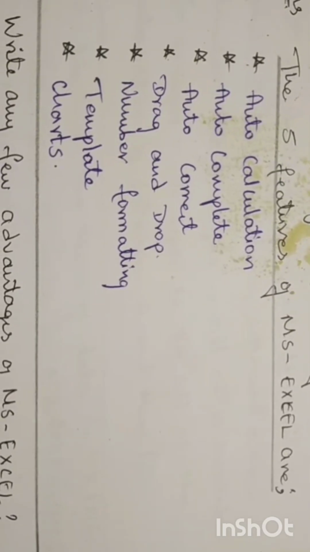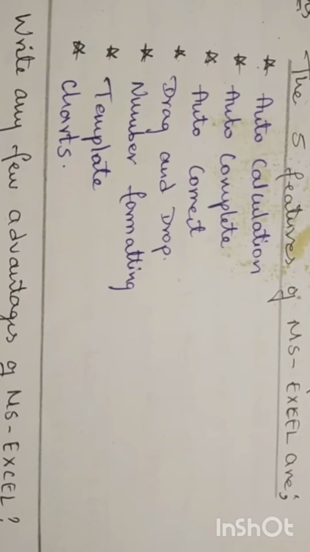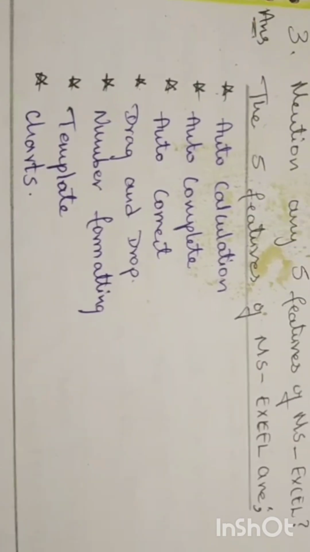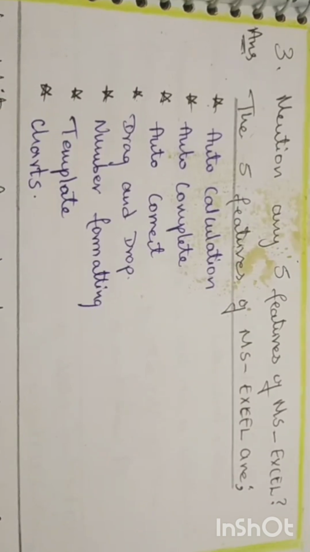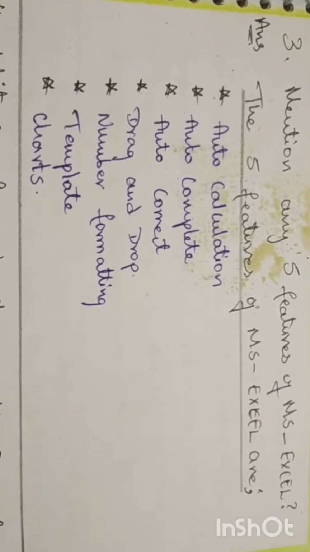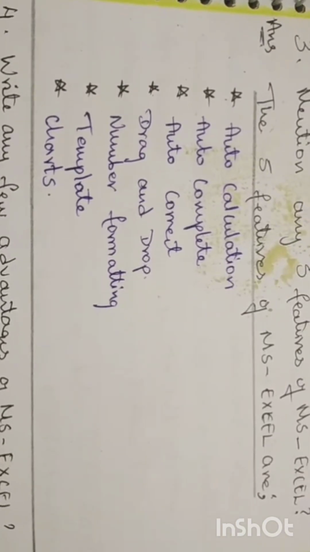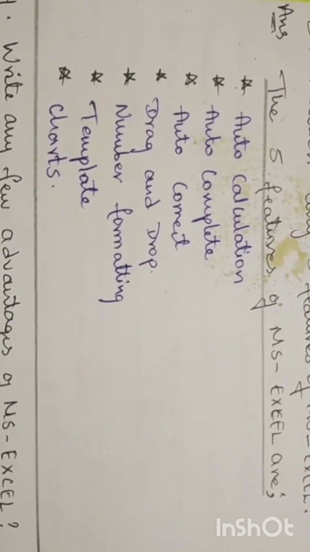Templates. This also provides templates like borders. You can highlight, you can make charts, tables, etc. I have mentioned charts. So these are the main features of MS Excel: auto calculation, auto complete, autocorrect, drag and drop, number formatting, templates, charts, and even in the charts it provides a combination of a variety of charts that will be covered in an upcoming